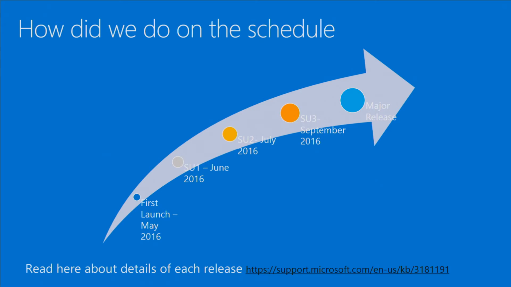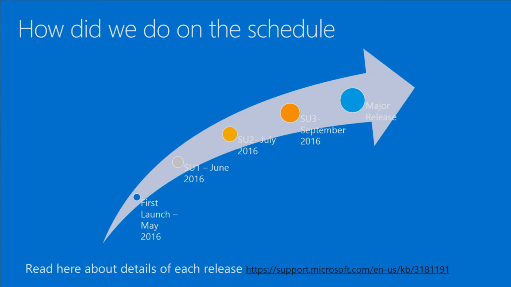We fixed a lot of bugs in it. We found a lot of issues. We got a lot of customer feedback. That's what we have added in these monthly releases. The second one we did in July. That was our update 2. We skipped August because August is when we did a lot of out-of-bands to fix some performance issues and some customer issues as well.